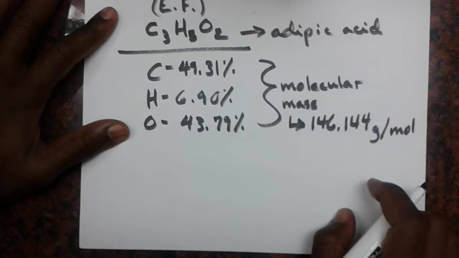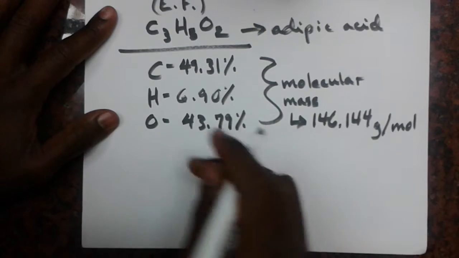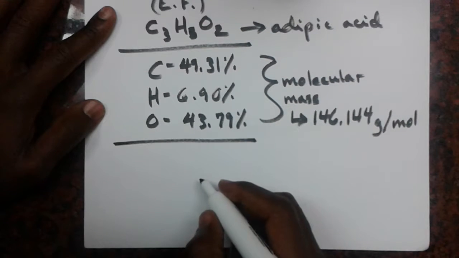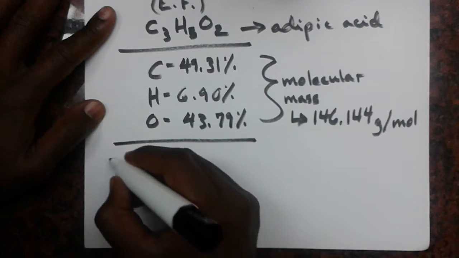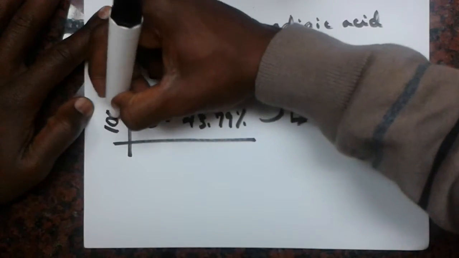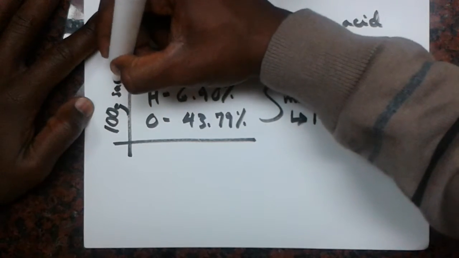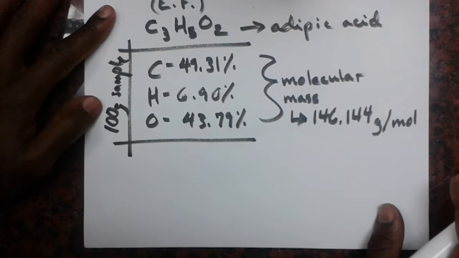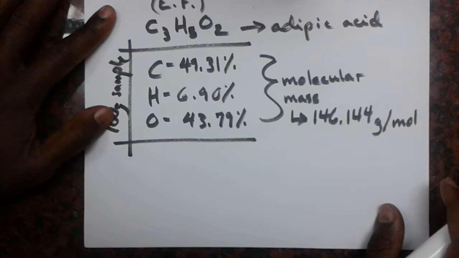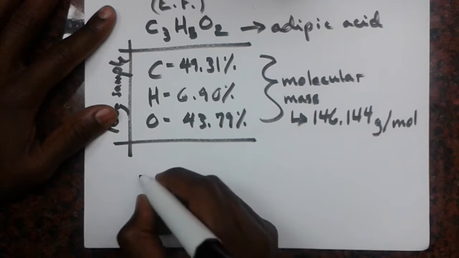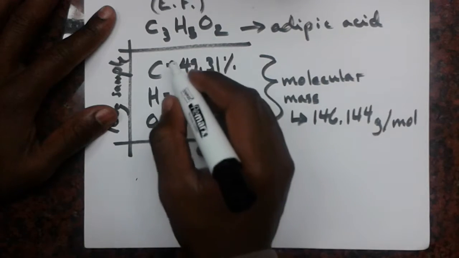Now, essentially, we could assume that this percent is for a 100-gram sample. And then these values would then correspond to masses. So if we add the mass of each of these, we would see that based on the chemical formula,